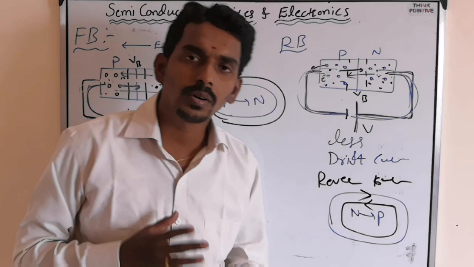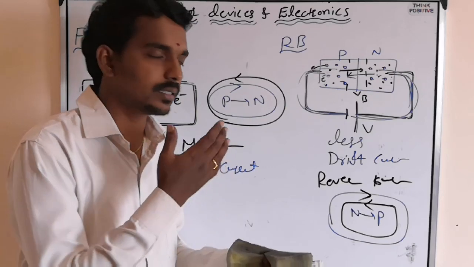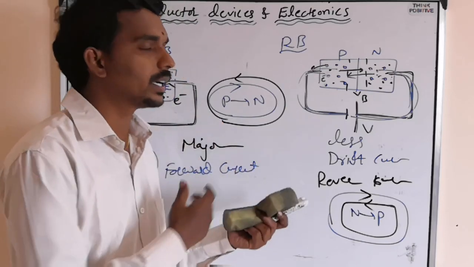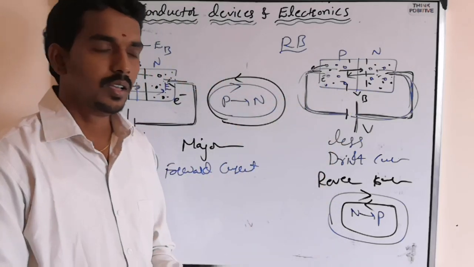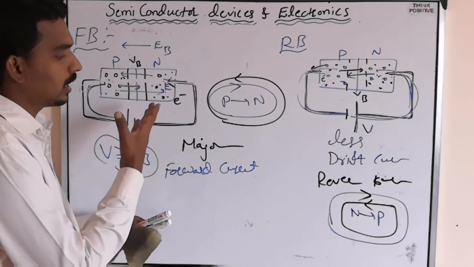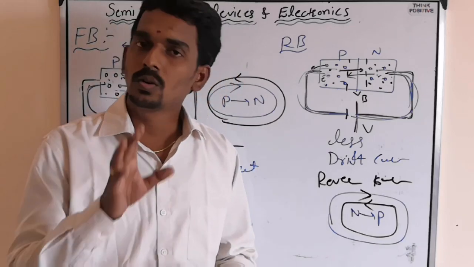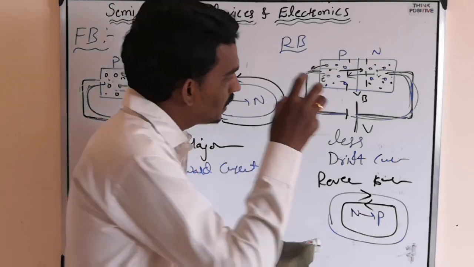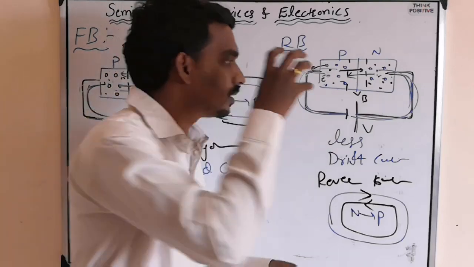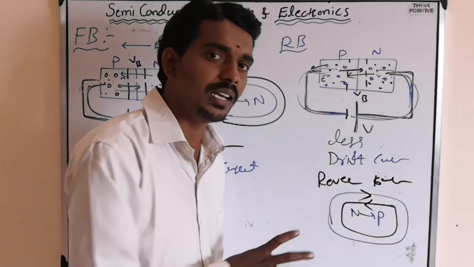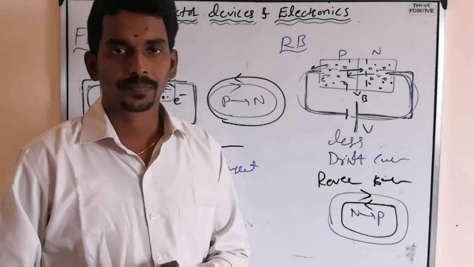But what have we tried to do so far? To increase the conductivity, to increase the current or electricity passage through the conductor, I mean semiconductor. But finally with this method we got less current. So which is advantageous, which is more beneficial? Forward bias. But people are crazy. They won't leave anything. They tried this also. They thought about this also. They tried to make a device with this connection also. Even though the current is less, they made one device, that is the Zener diode, a voltage stabilizer.